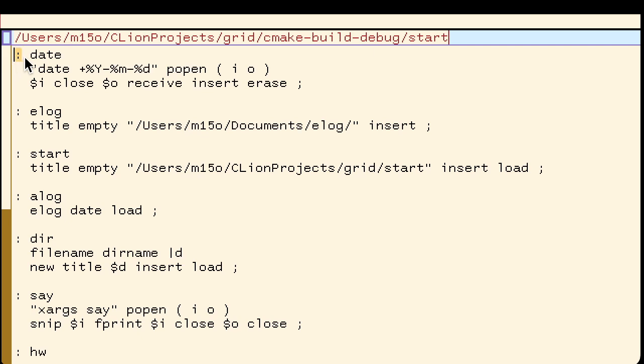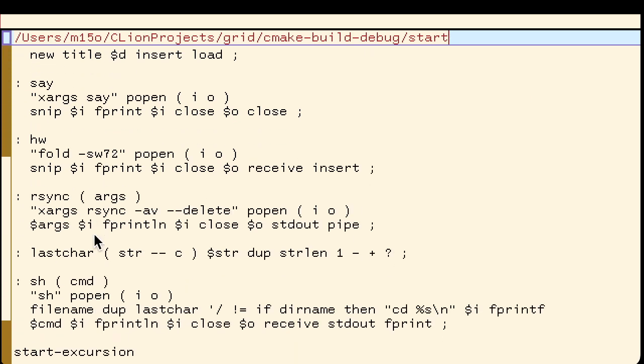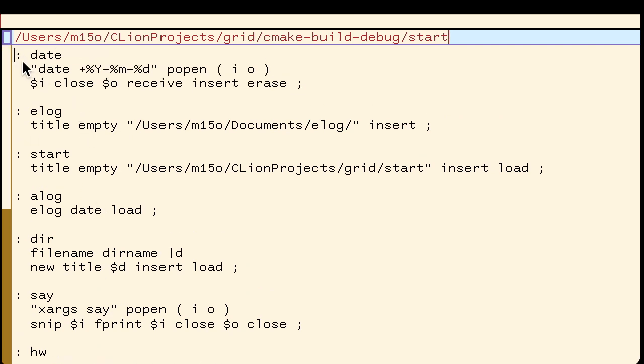They all start with a colon. So if you're familiar with Forth, it's the same syntax, and they end with a semicolon. This one is called date, and you can see some of them. Date is pretty useful. Let's dive a little bit into it so we can understand how some of these words